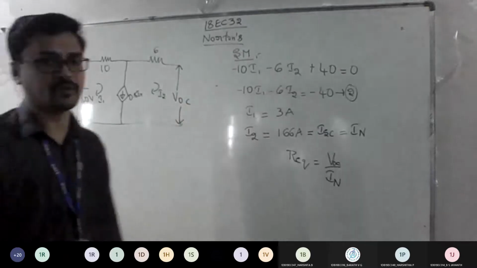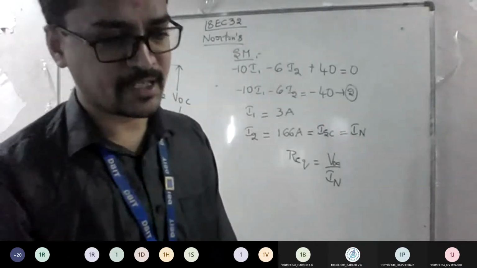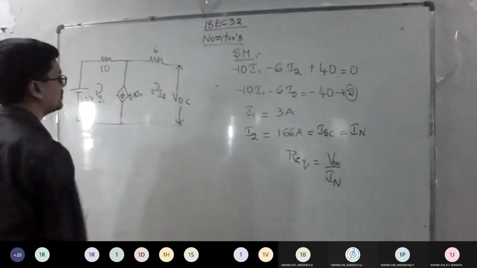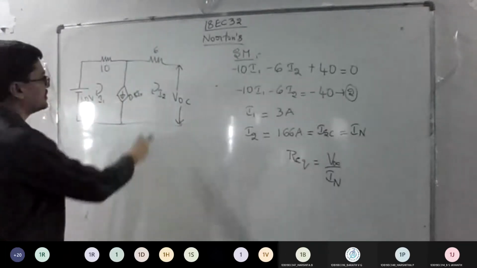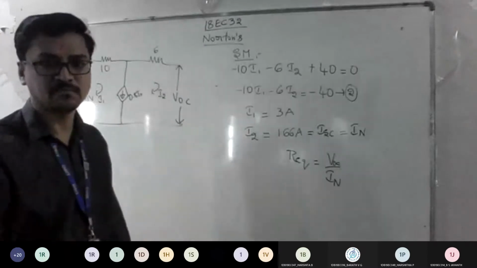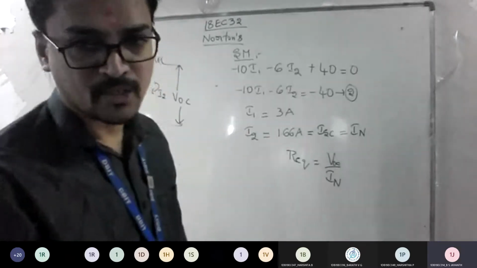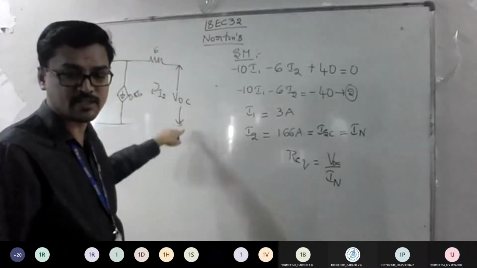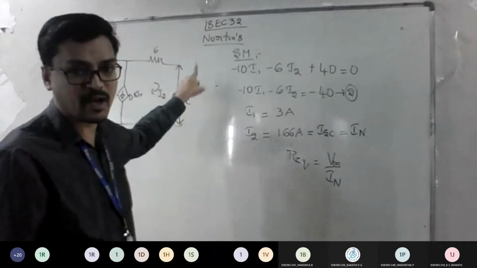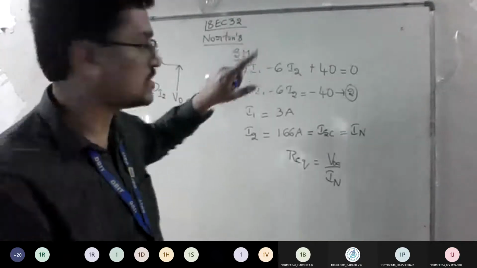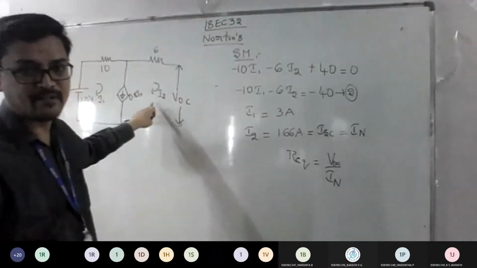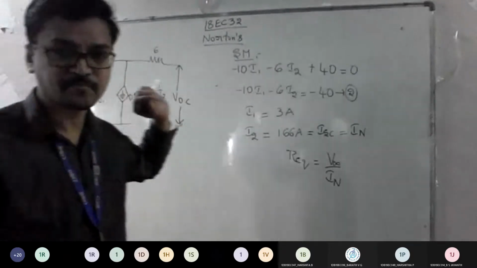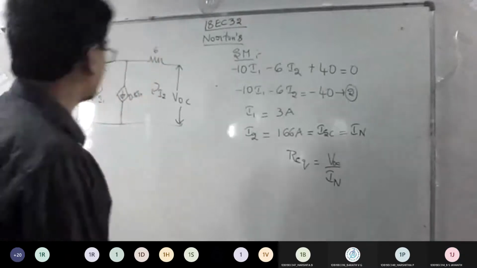So now stick to the procedure. How will you calculate now? If you apply mesh analysis, mesh 1 and mesh 2, again the same logic will come. But look at this. Do you have I2 current now? No, sir. I2 will be 0 because we are given open circuit voltage, so there is no short circuit here. Open circuit means your Ix is 0. If Ix is 0, it means I2 is 0, and then there is no picture of this current source. Agree? So now this completely goes off.